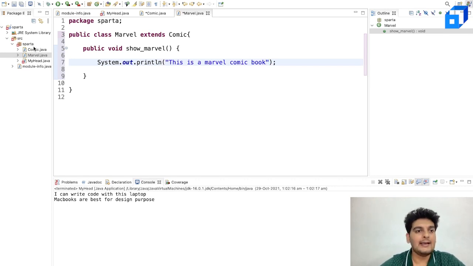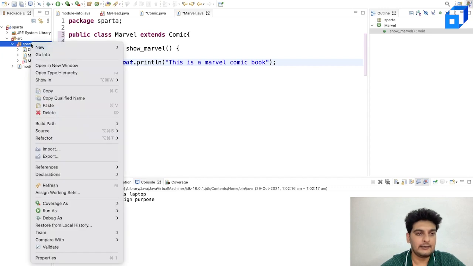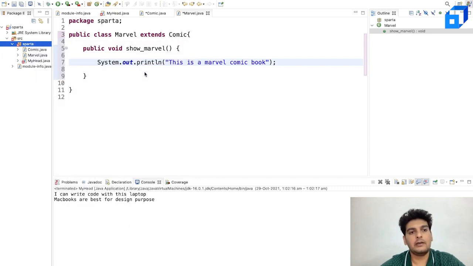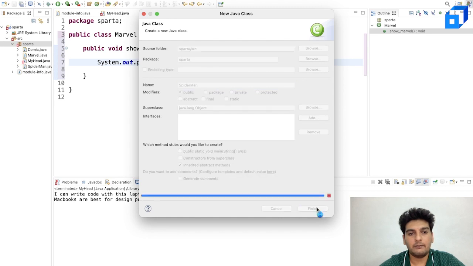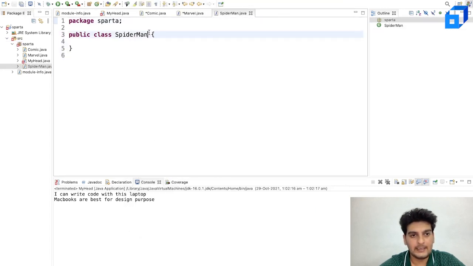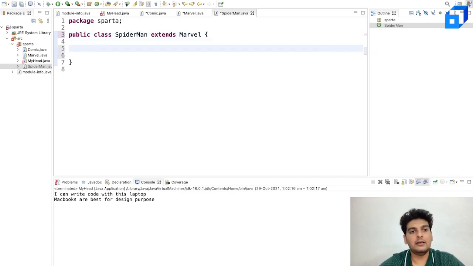Now going ahead, I'll have another new class created, and here let's call this SpiderMan. If I'm not wrong, Spider-Man would be a Marvel comic. Let me hit finish. Now Spider-Man is a Marvel comic, which is why this would extend Marvel. And here let me have a unique method for this as well.